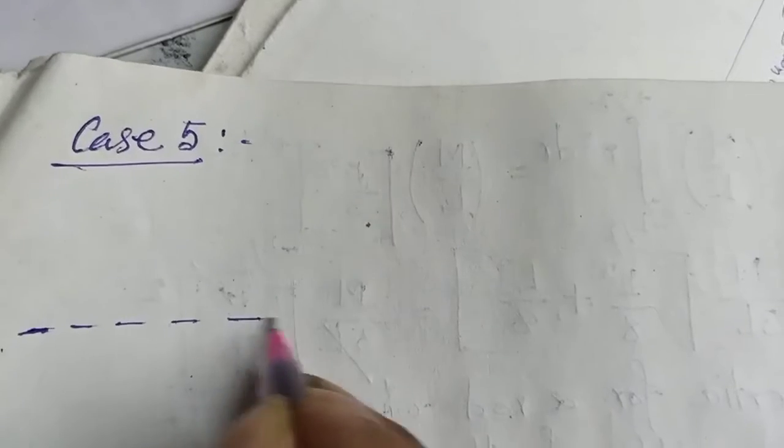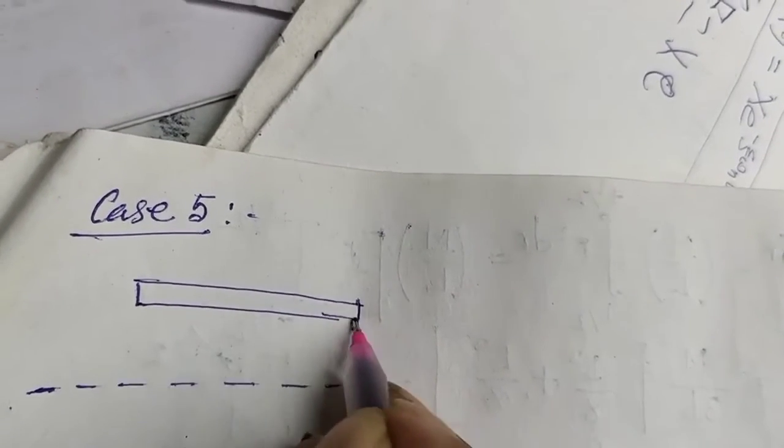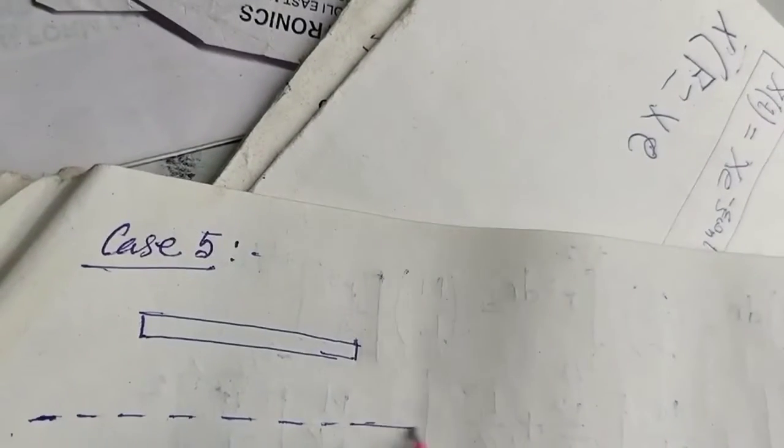We'll discuss case 5. What is case 5? In case 5, the diagram looks like this. The dotted line represents the axis of rotation, and the position of the rod is like this, and this is the length of